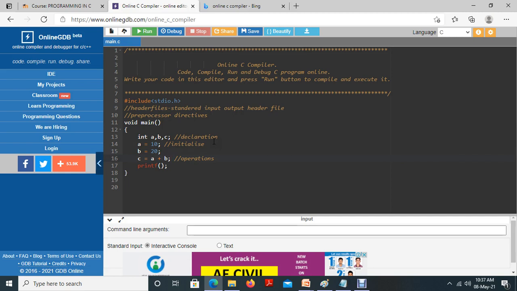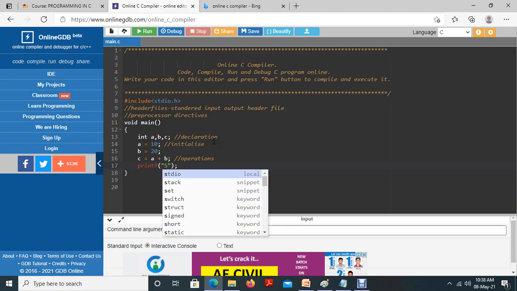Okay, so at that time, as a programmer, for easy understanding, we will mention it in the comment statements. Okay, after that, once we completed the operation process, next we want to print the statement. So here, listen, for printing the value on the output screen, we have a standard inbuilt function named printf. This printf statement's syntax will be like this. Listen, a printf statement should have an open bracket and a closing bracket and end with a semicolon, and inside the brackets we have to mention the statement in double quotes, and whatever you wish to display on the output screen should be mentioned in double quotes.